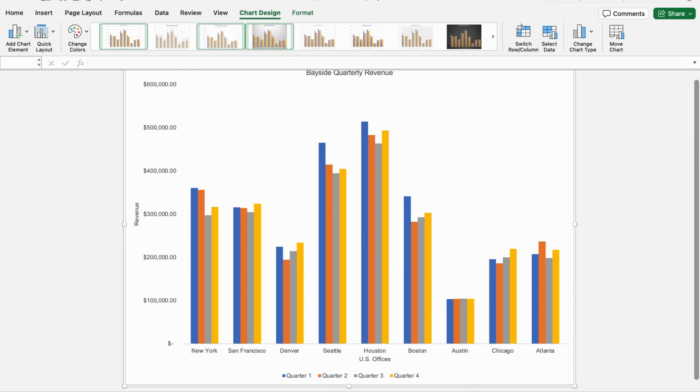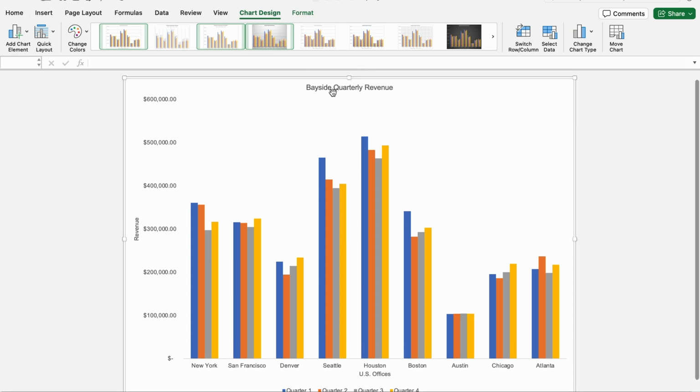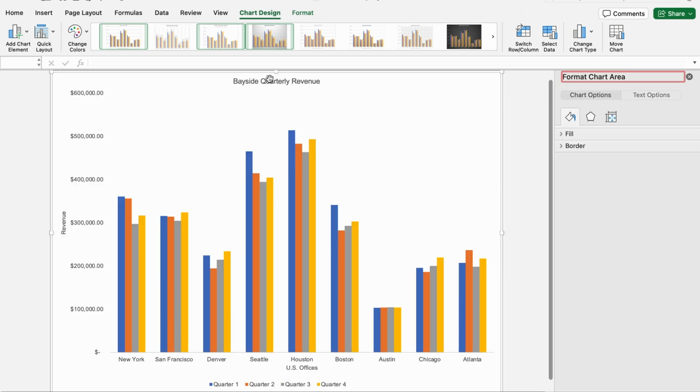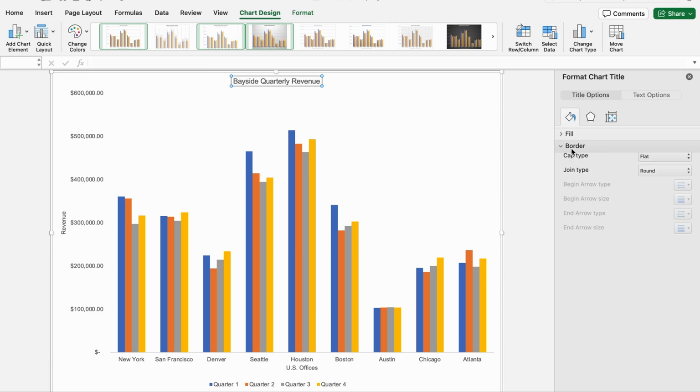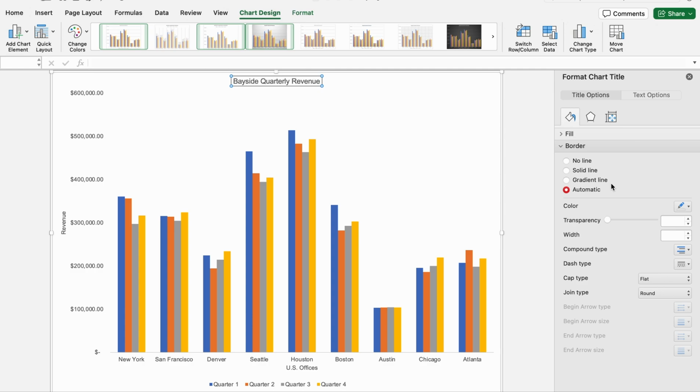All right, so now we are gonna go to the chart title. And then we are going to go to borders. And then for borders, we want to put a solid line option button. So let's do this one. And then we're gonna go to the effects button, and then we're gonna put a shadow effect,